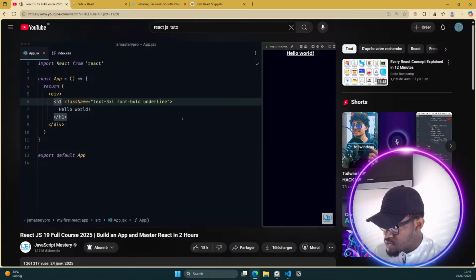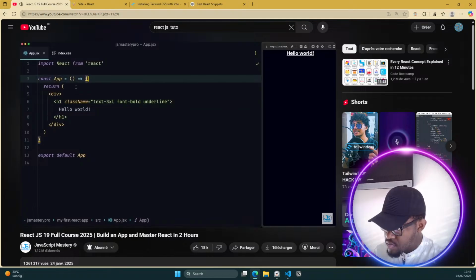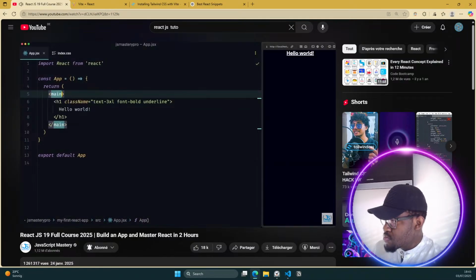Now we can finally start with the app. Let's start from the top down, from the header, by turning this entire div into an HTML5 semantic main tag, and then